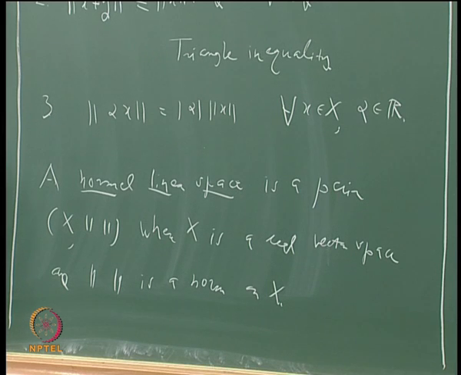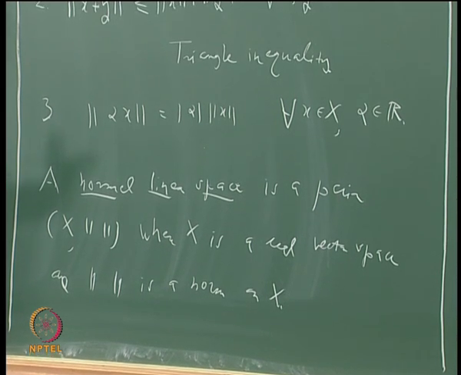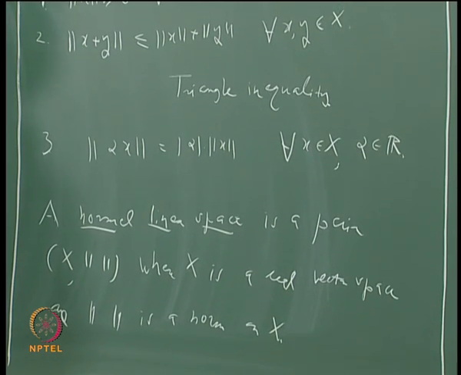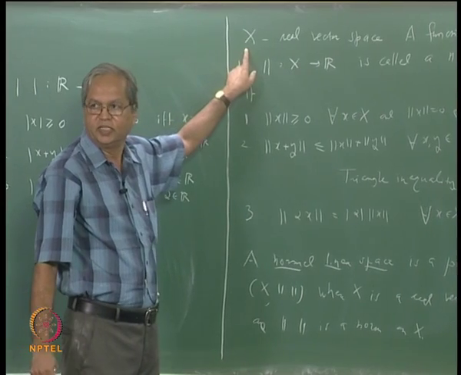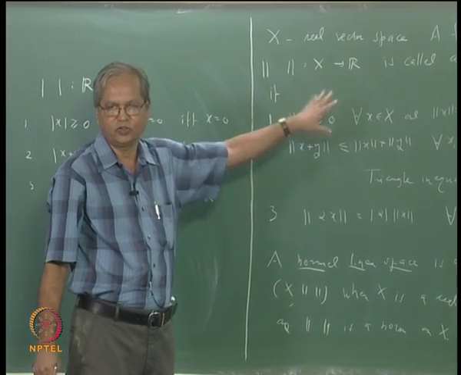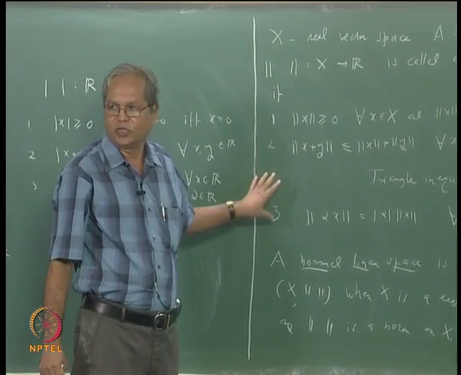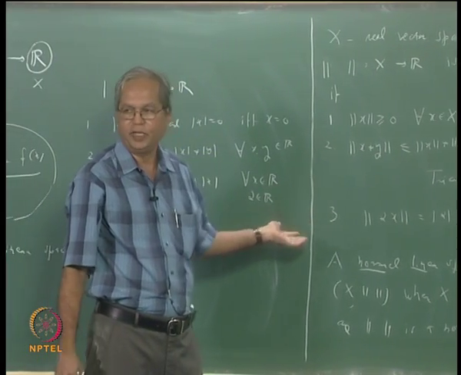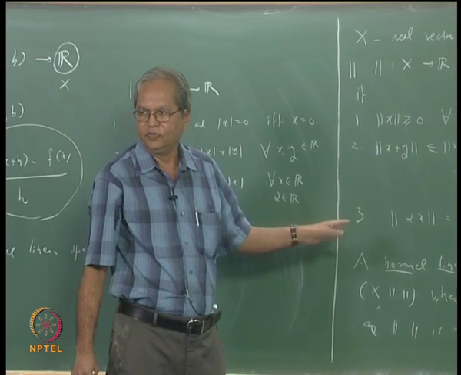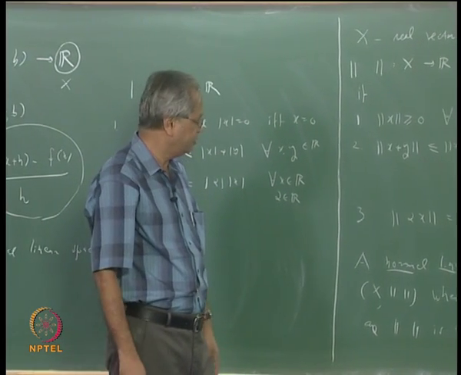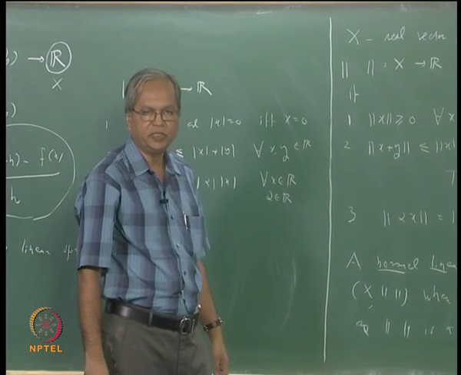You can compare this definition with the definition of a metric space. Just as we define first what is meant by a metric. Given any set X, we define, of course it is not a function from X to R, it will be a function from X cross X to R, satisfying some properties. That is called a metric on X, and a metric space is a pair (X, d) if d is a metric on X. It is similar. Then what is the relationship between a normed linear space and a metric space?